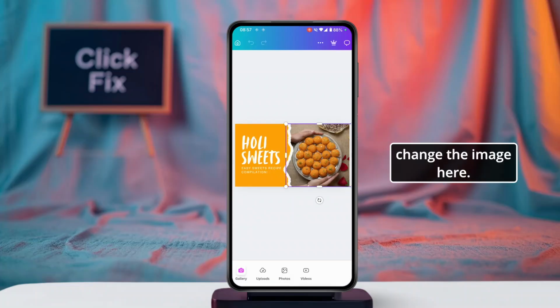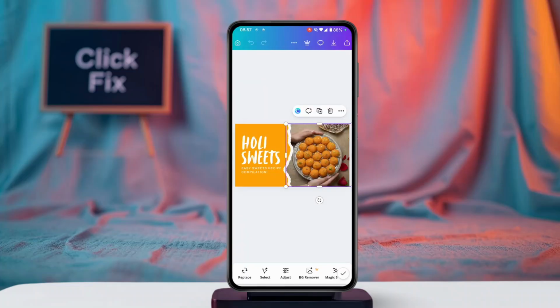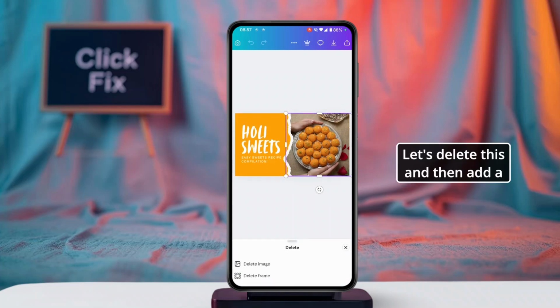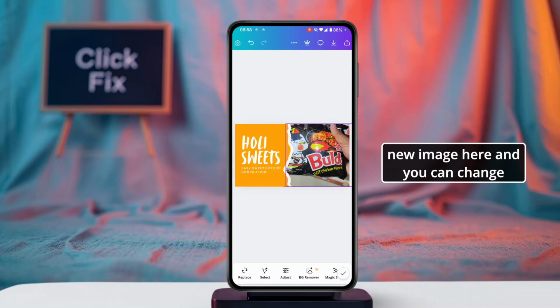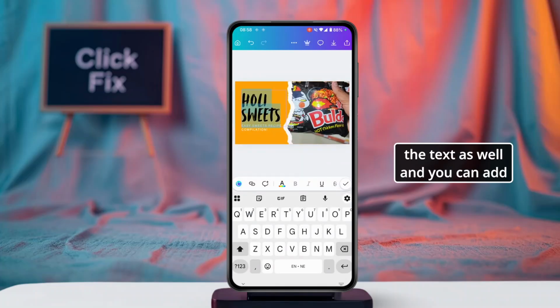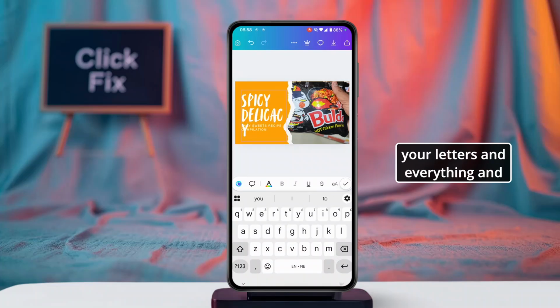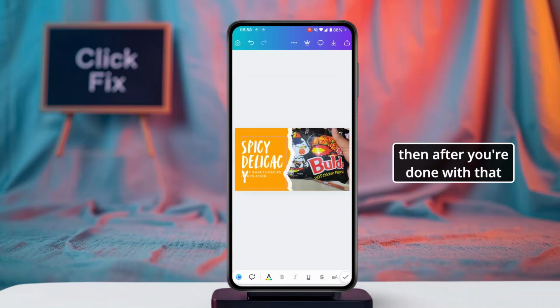You can change the image here. Let's delete this and then add a new image. So you can add a new image here, and you can change the text as well, and you can add your letters and everything. And then after you're done with that, you can export your thumbnail by tapping on the